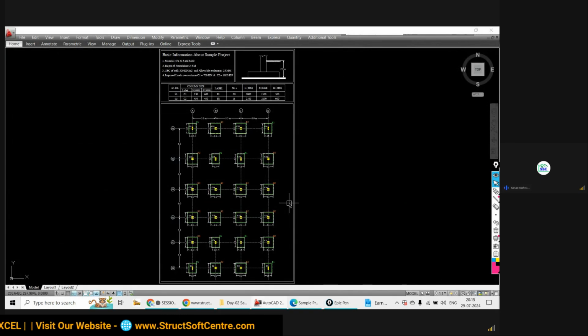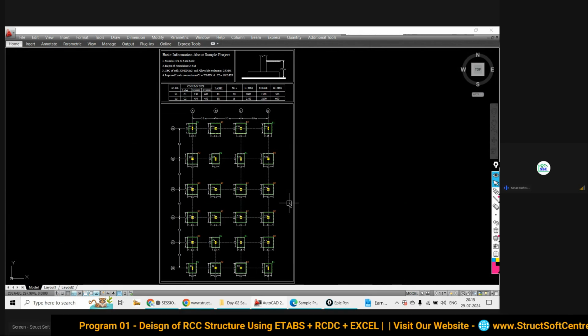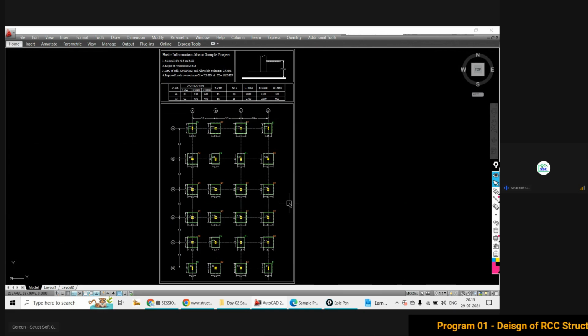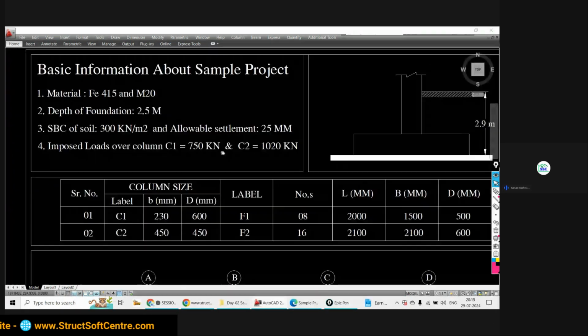And as I told you, along with this sample project, we are trying to understand the software. So both things we have to run simultaneously. So this is the sample project. First of all, understand the objective of this sample project, what to do.